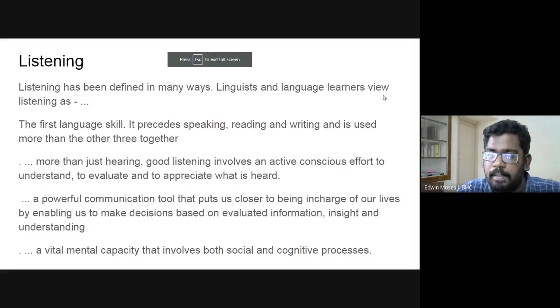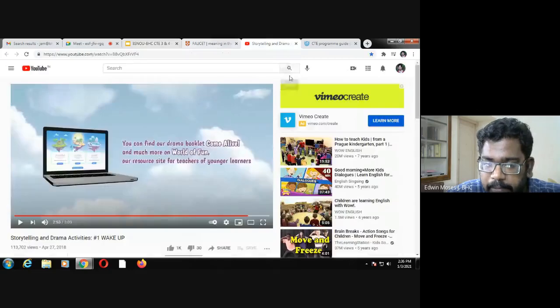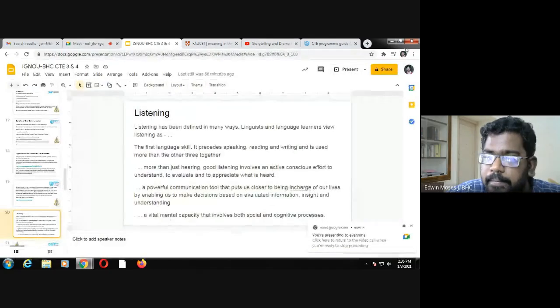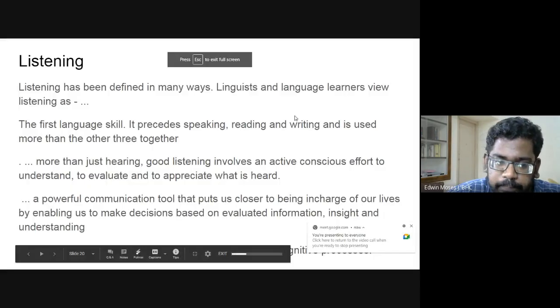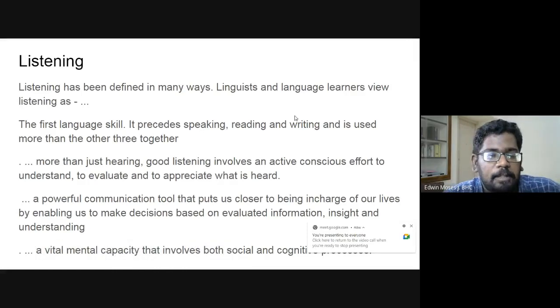Listening, coming to listening, has been defined in many ways. Linguists and language learners view listening as the first language skill, right? As you responded, it precedes speaking, reading, and writing, and is used more than the other three together. So, when a child is born, it listens to the surroundings, observes the surroundings, especially it imitates parents, mother, and more than just hearing, good listening involves an active, conscious effort to understand, to evaluate, and appreciate what